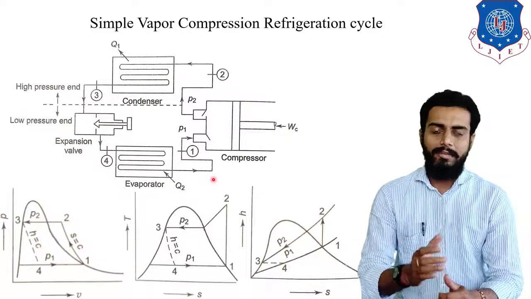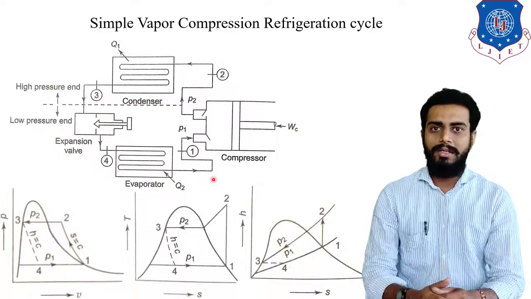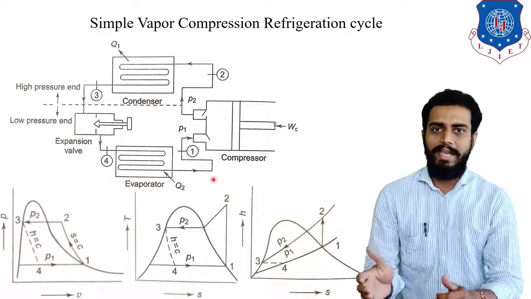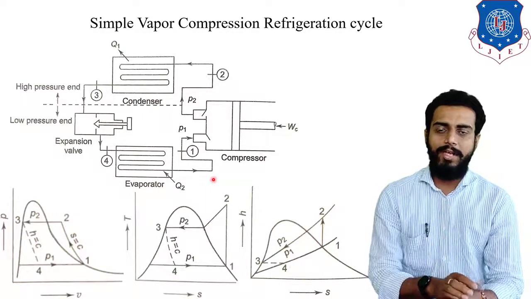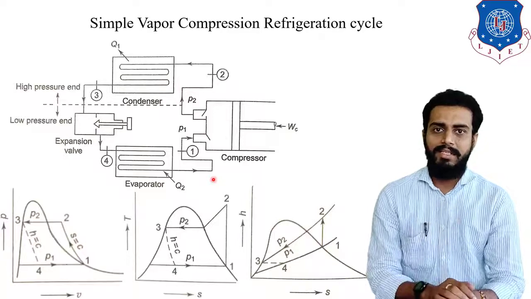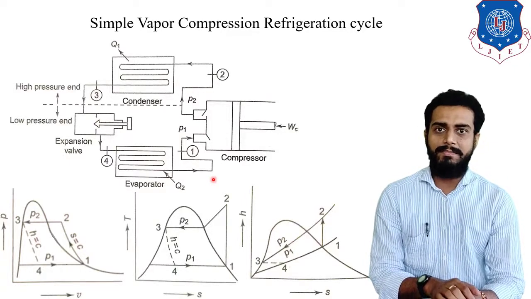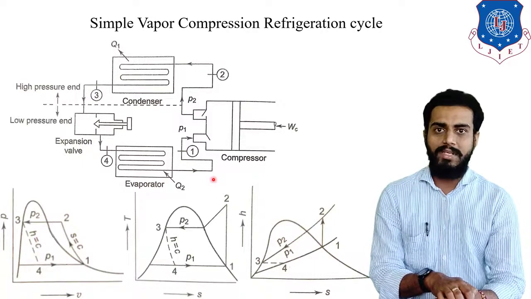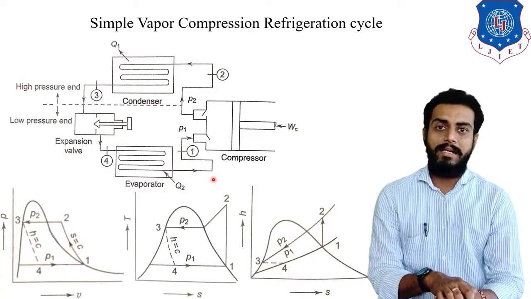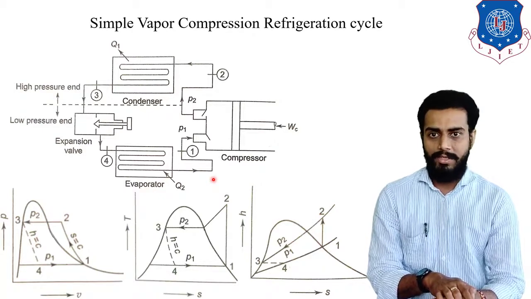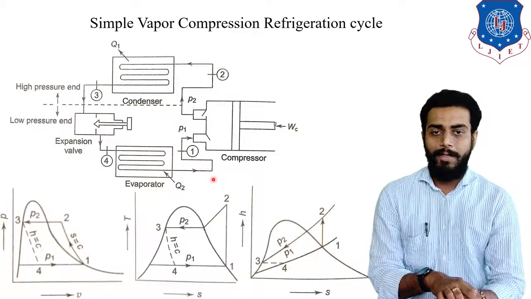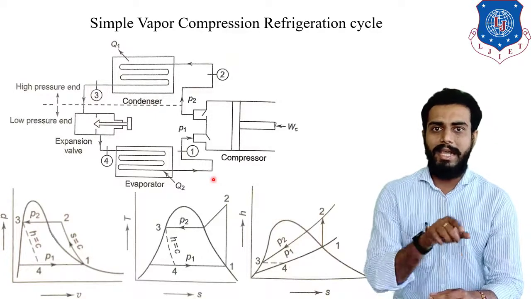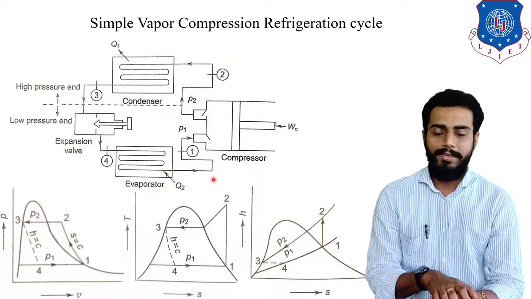Remember students, whenever you are drawing the diagram, whether it is the PV diagram, TS diagram or HS diagram, for power cycles the diagrams are drawn in clockwise manner, and for power consuming cycles, the diagrams are drawn in anti-clockwise manner. So here also, if you observe, all the PV, TS and HS diagrams and also the block diagram are working in anti-clockwise manner. Clear?